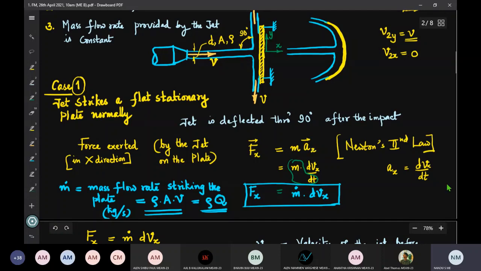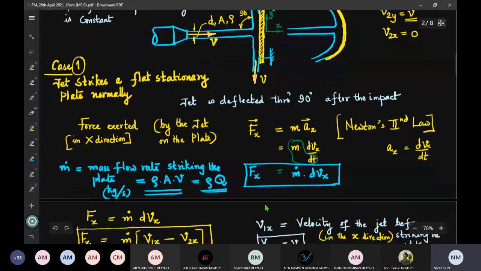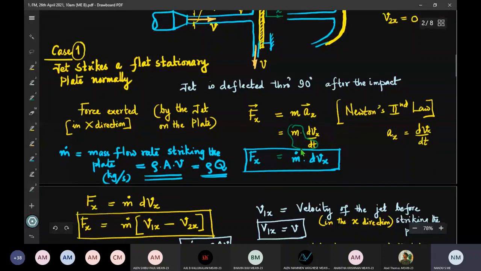What is acceleration? It is the rate of change of velocity. So what is acceleration in the x direction? That is the rate of change of velocity in the x direction. So mathematically, ax is equal to dvx by dt. So m into dvx by dt, and m by dt, what is m by dt? That is m dot. So hereafter we will write mass flow rate as m dot, m with a dot. So when you apply this momentum principle or Newton's second law in fluid mechanics, the F we write in this form. So Fx is equal to m dot into dvx. That is mass flow rate multiplied by change in velocity in the x direction.